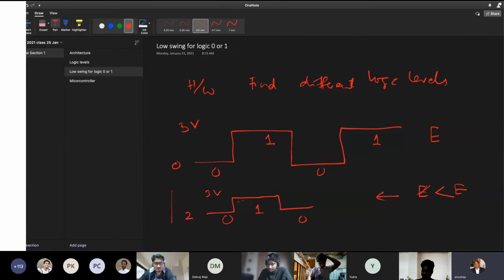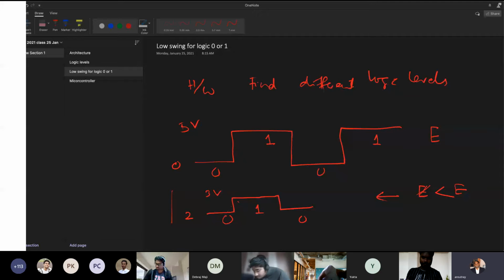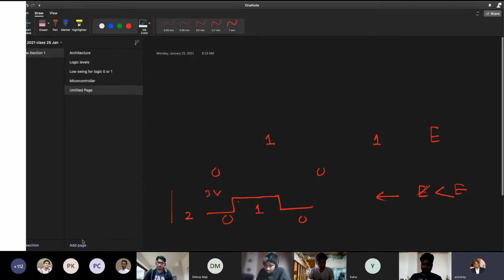Is that clear? So these are all digital channels. There are two effects: one is noise, one is the channel distortion. Abhijay Mitra, what did I say? What are the two things because of which you will have trouble? So noise and channel distortion. What do you understand by channel distortion? Sir, when the channel length increases, then the power consumption increases. So that is channel distortion. Yes. Channel effects.